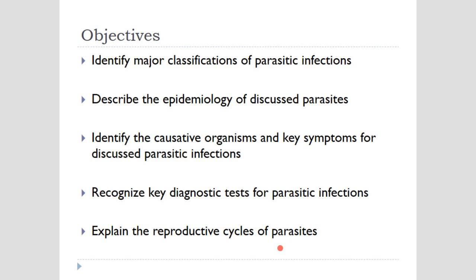Now, these are general objectives for all the parasitology. So you're going to go for all parasitology. I think there are 3 or 4 dedicated lectures on that. We'll talk about the classification of parasitic infections. We'll talk about epidemiology, pretty much the same as has been said over and over again in terms of any microbes. The most important thing for parasites, which you will find a little bit different as compared to any other microbe, is the life cycle. You got a taste of it in chlamydia. It exists in two different forms, but the reproductive cycles of parasites are more complicated than that.